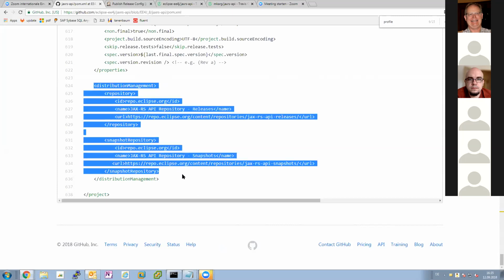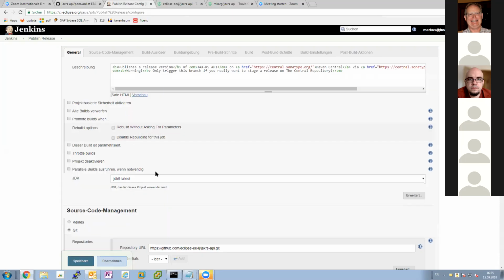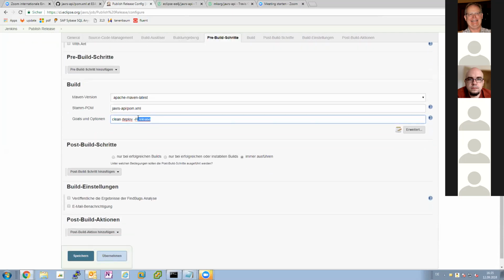So we are not using this one in release mode. We use the other section in release mode. If we are not in release mode, then we are using this repository. And the difference, release mode or not, is where is it? Here. So we do this only if we really want to do an official release. If we want to do a nightly build, we don't have this one here. Okay, so back